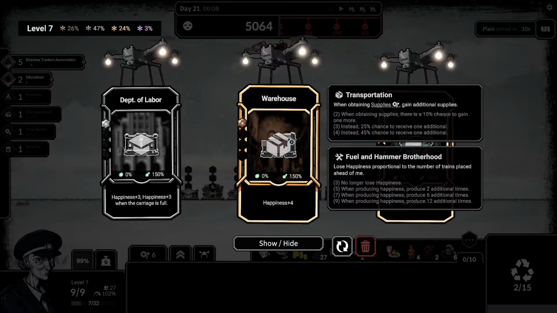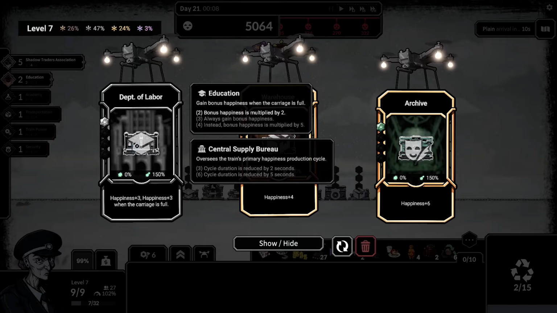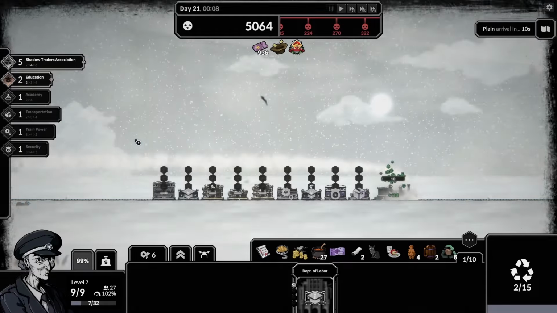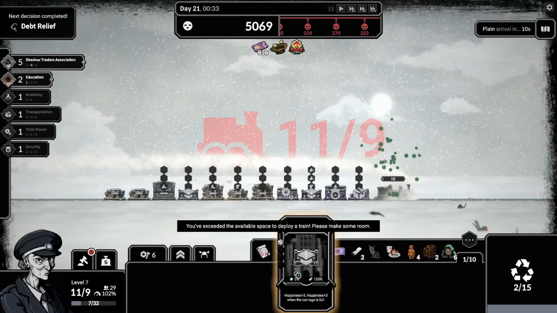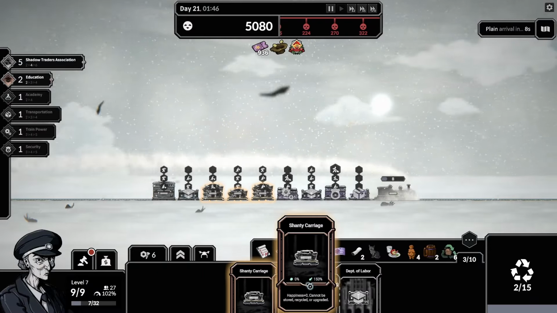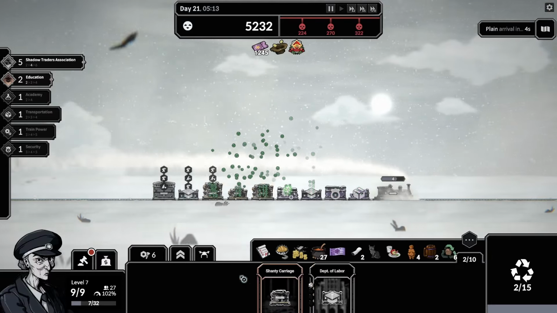Archive. Department of Labor. Bonus happiness is multiplied by 2. Sure. Oh, we have way too many. So we can take these off now. But we don't want to do that. Because this is actually gonna... This is gonna make our...